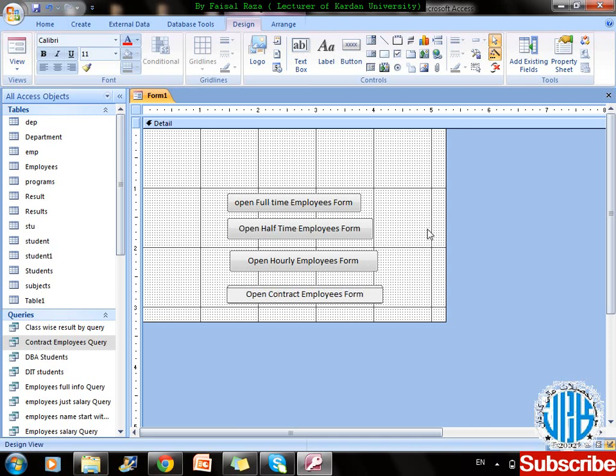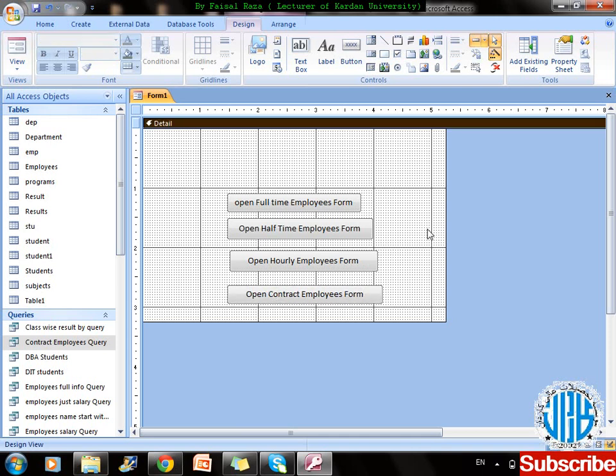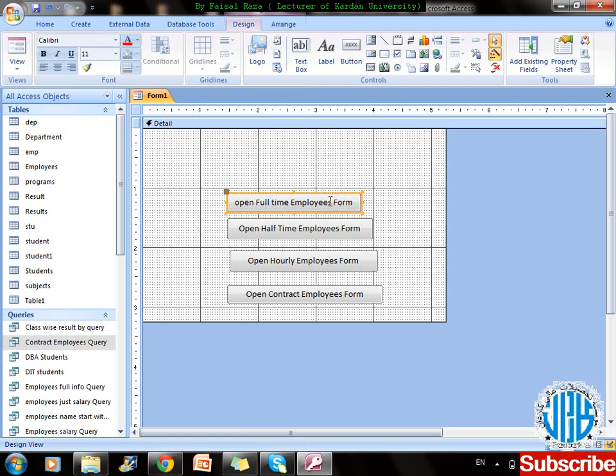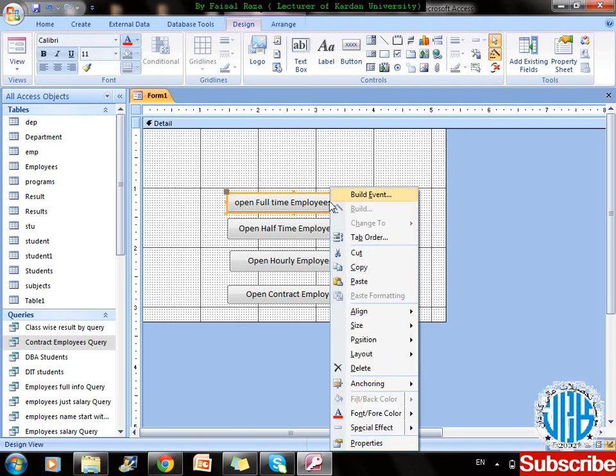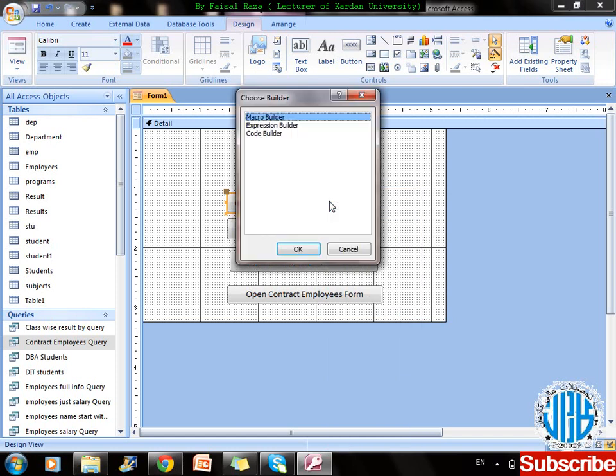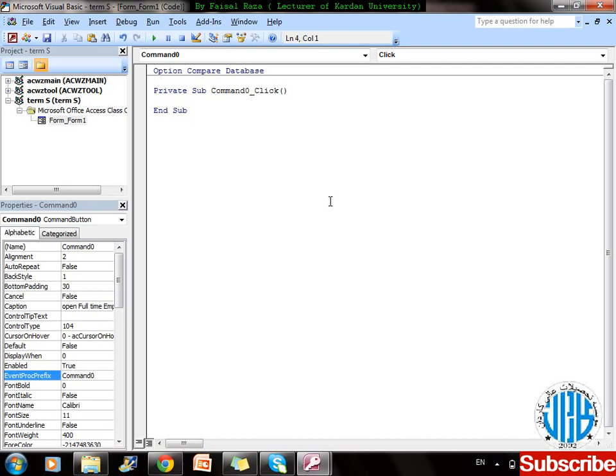Okay, right now I'm going to do the coding for that. How? Click on that, right click over there, build event, and code builder. Okay, so you're going to write the command button click. What do you write? DoCmd. This is what you're going to write. DoCmd.OpenForm,